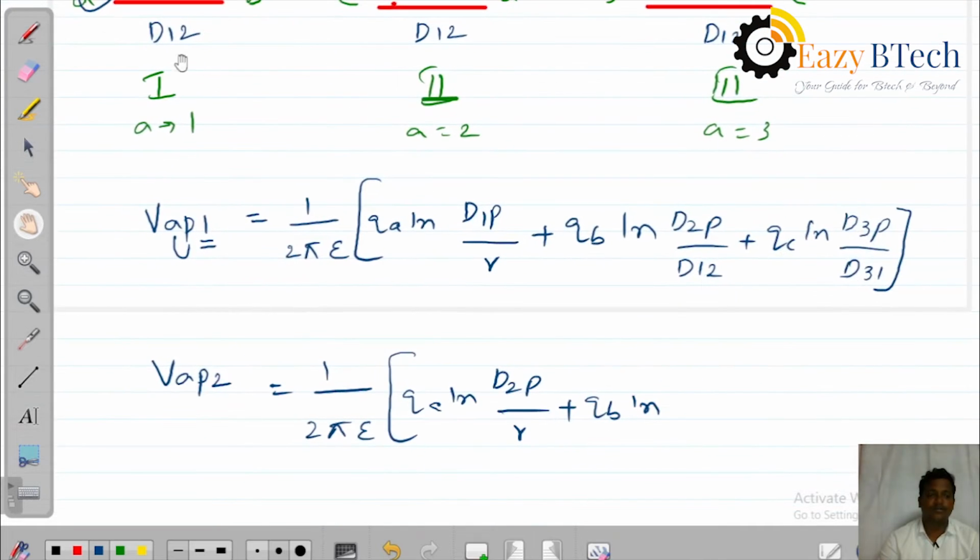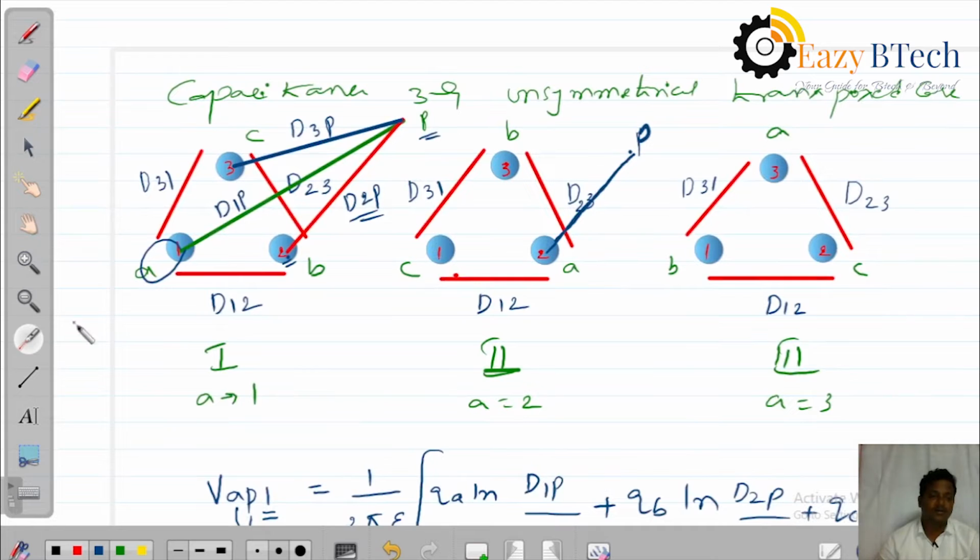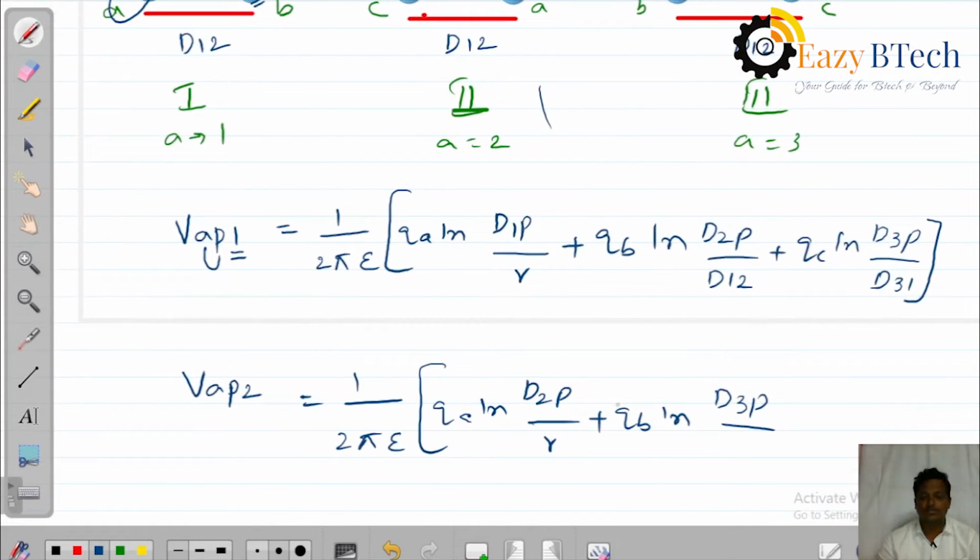Okay, therefore it is D3P divided by the distance from B to A. The distance from B to A is D23. Therefore it is D23